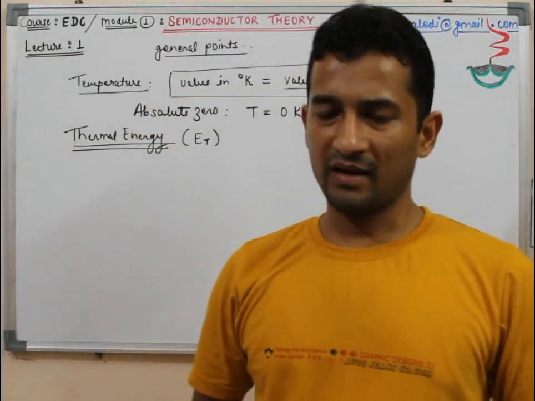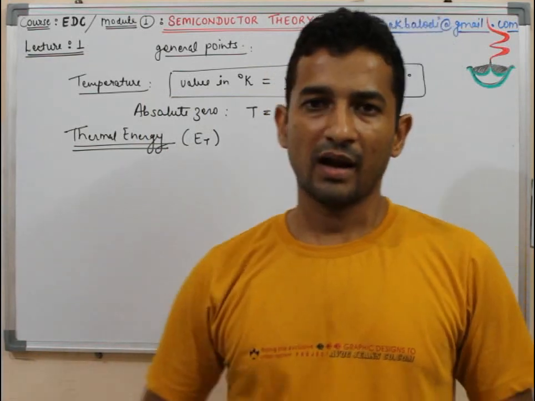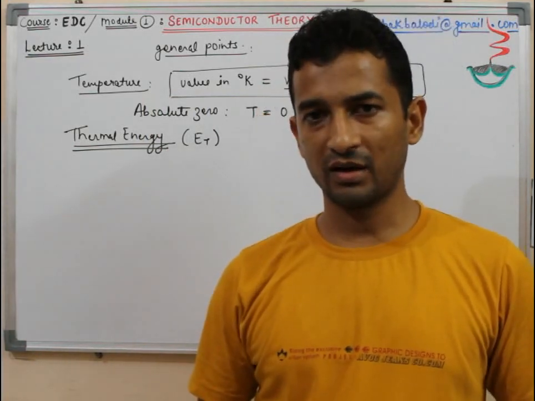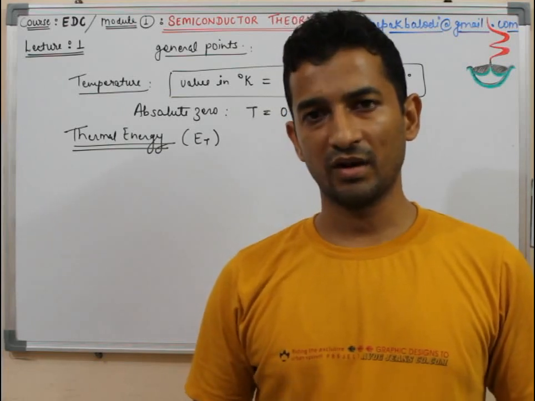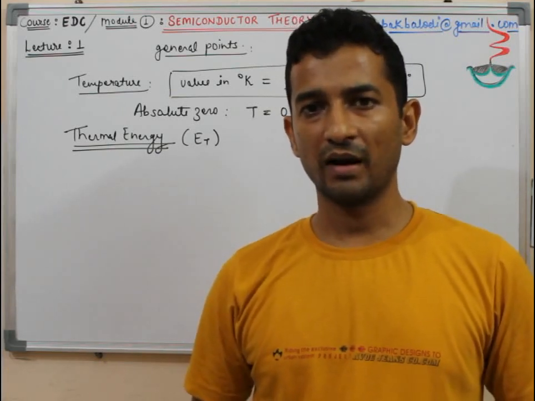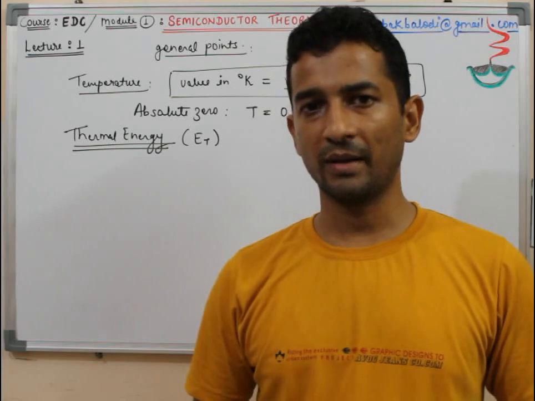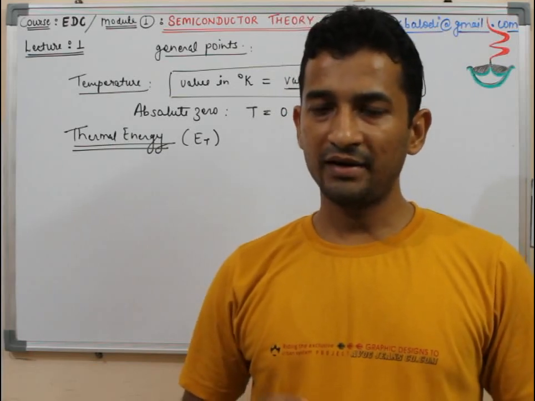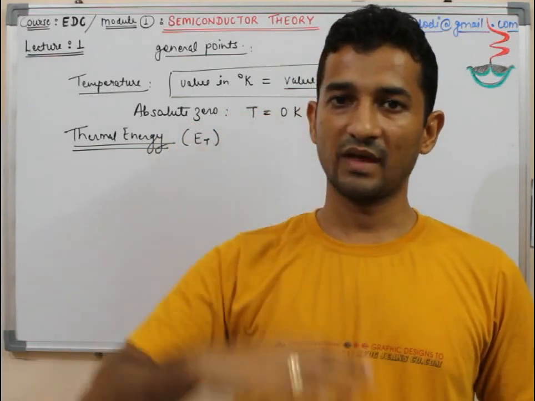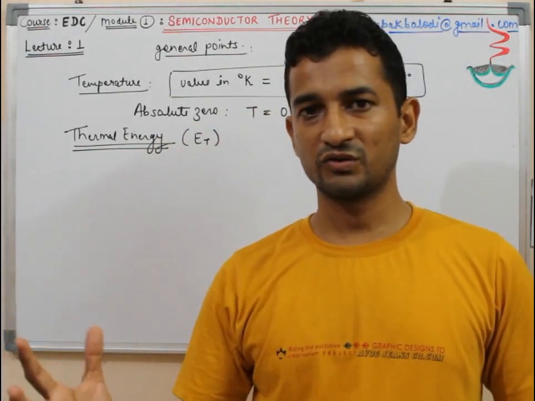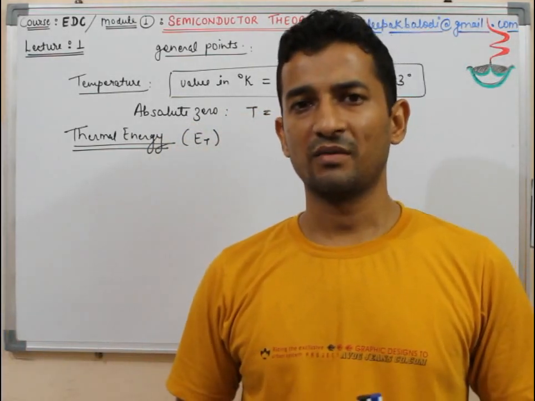Thermal energy, as the name itself indicates, is the energy in any particle or in any system at the microscopic, atomic level, which is governed by the temperature. So any temperature above absolute zero, which is 0 Kelvin, basically corresponds to some thermal agitation,